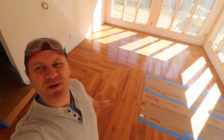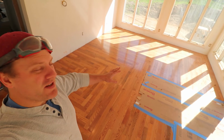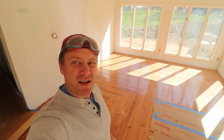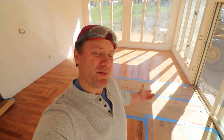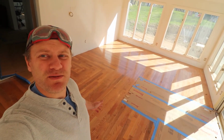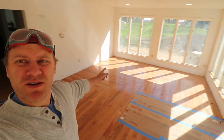Cool. Welcome back, everybody. The hardwood floor is done. I don't know if you can see it behind me. We've got this nice, beautiful pattern. Everything is 2x2. As my wife said, it looks like a 2x2 herringbone design. I don't know if that's exactly what it is because you've never really seen it before. I just kind of made it up as I went. But nice design. Again, it was to make up the difference that this wall is 6 inches shorter than this